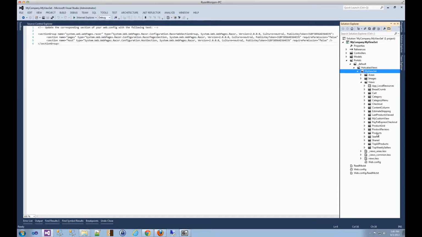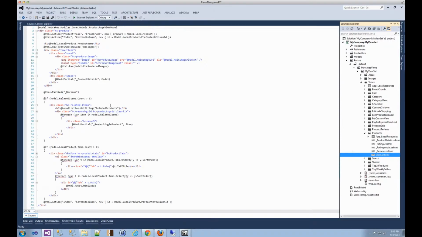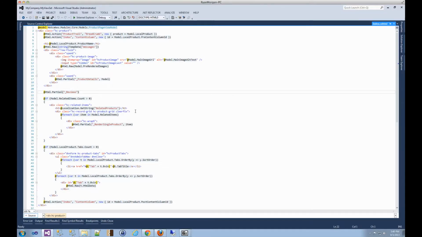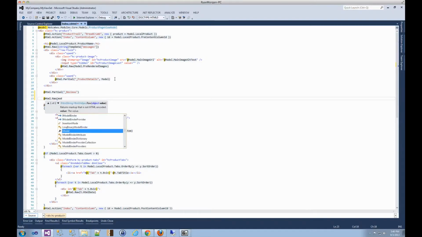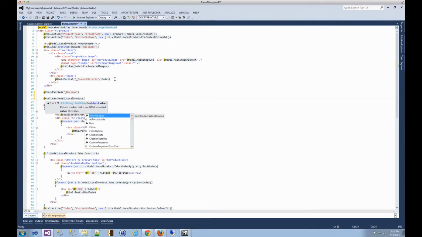So I'm just going to take a look at the products, and I'm going to take a look at index. So we take a look at the index view set. We can see that there is the ability to now use the model that's being used here. So if I want to go ahead and do Html.Raw, I can say model dot IsAvailableForSale, LineItemId, LocalProduct, and then maybe under LocalProduct, I'll go ahead and grab some of the product properties,